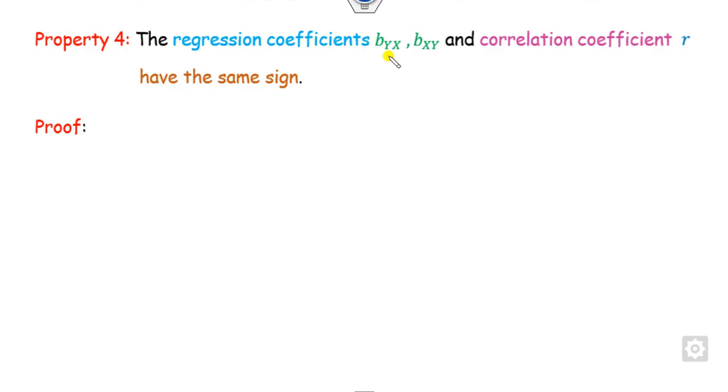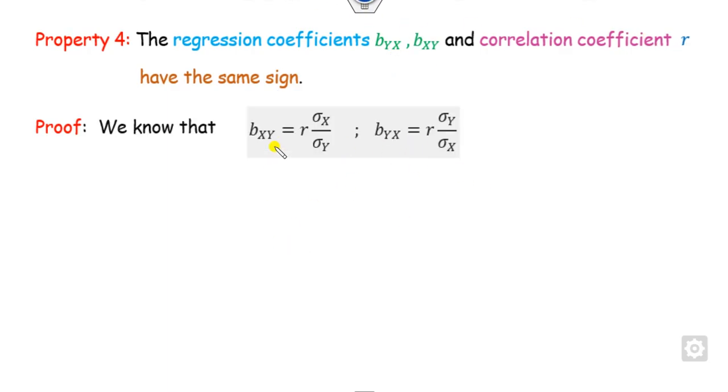Another property is that the regression coefficients and the correlation coefficient also have the same sign. Now in the last property we have seen these two coefficients must have the same sign. Now this property says the r, that is the Karl Pearson correlation coefficient, also has the same sign. Again we can start from here. Now can I write it this way? If you divide both sides by r, provided r is non-zero, what is that?